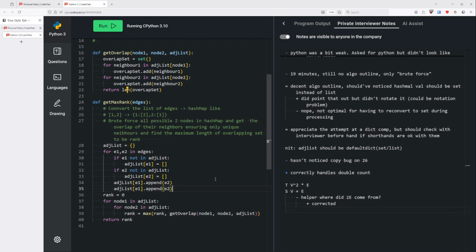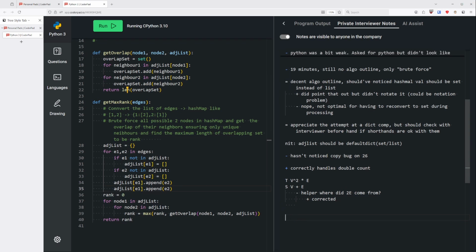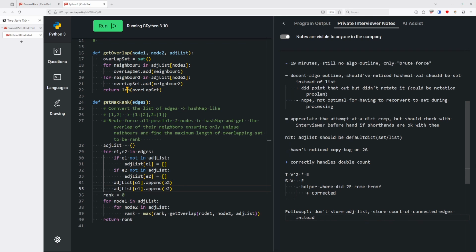So why don't we just store the size of the list? Can you think through that chain of logic for me? Okay, I see what you're saying. That makes sense. What I can do is